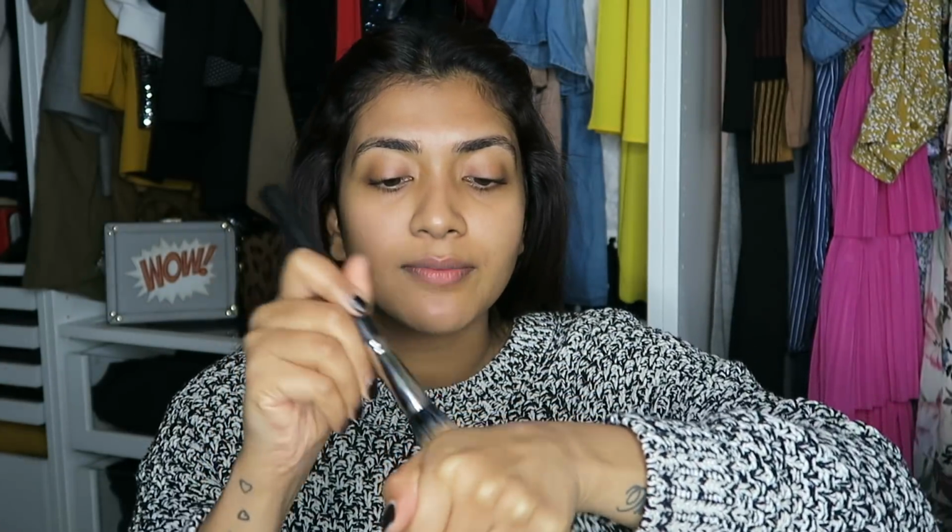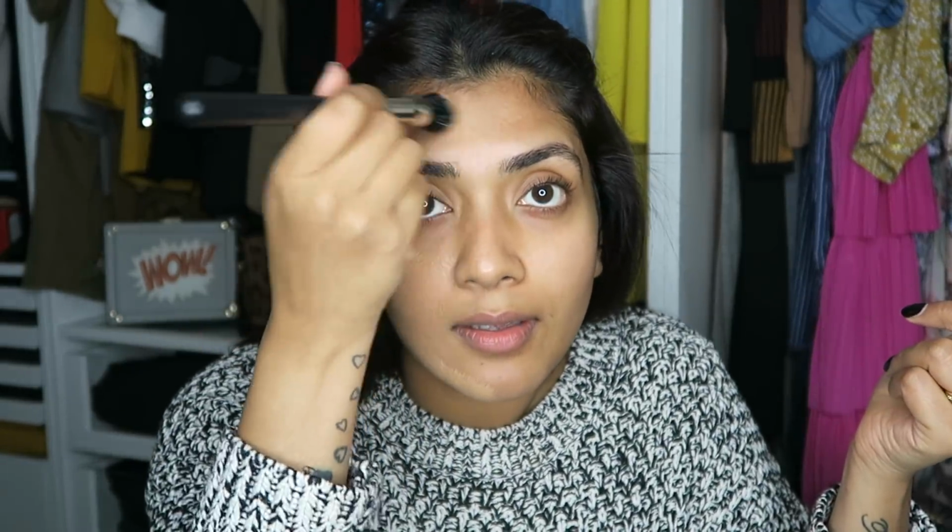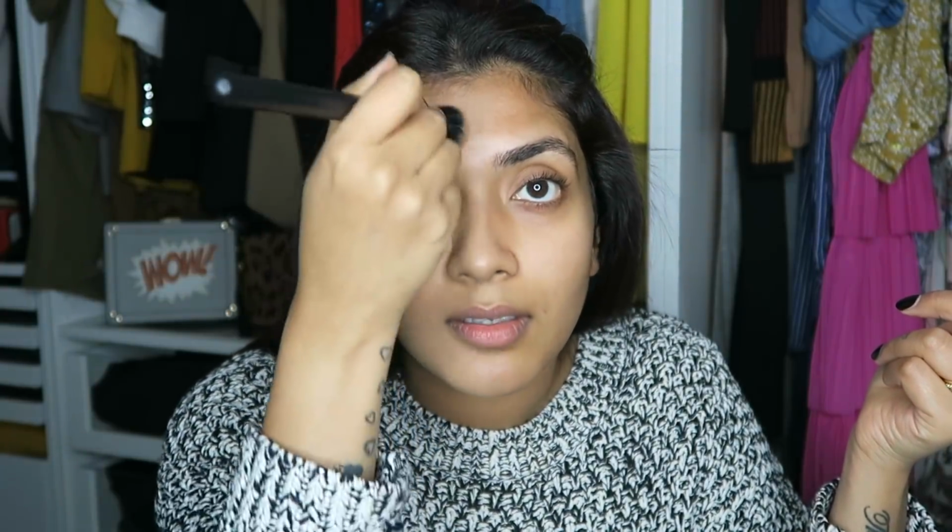With my buffer brush, see, it just feels like water. It feels even lighter than, yeah, it's beautiful. It feels even lighter than my MAC. And can you tell the difference actually from